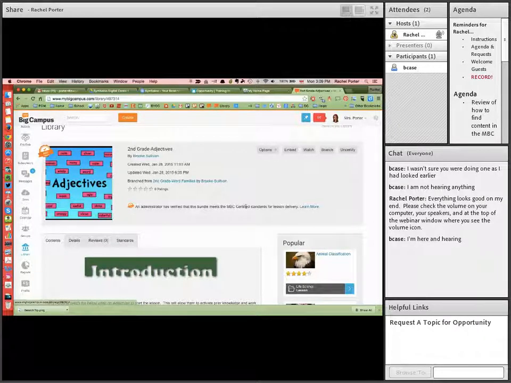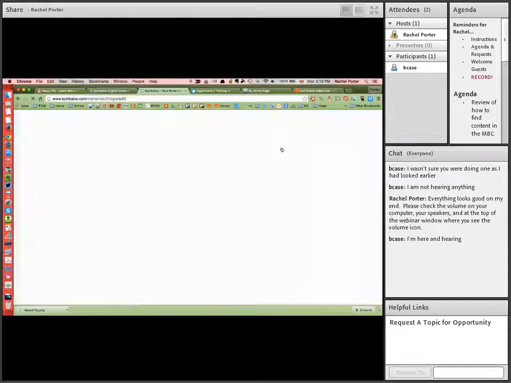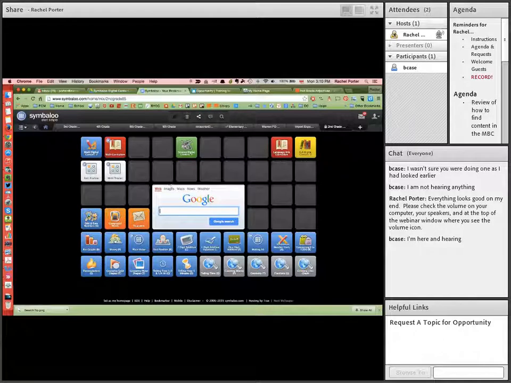Now, I wanted to make these more accessible to you so that you could get to them a little bit easier, and to make sure that you're able to use them efficiently as you're teaching your lessons. So we've been adding them to the Symbaloo. So if I come over here, we've got all these grade level buttons, and I'll just go into the second grade one. And you'll see that if you haven't been here in the last few hours anyway, it has changed just a little bit. This was my attempt to take all of those bundles the consortium was creating and make a button